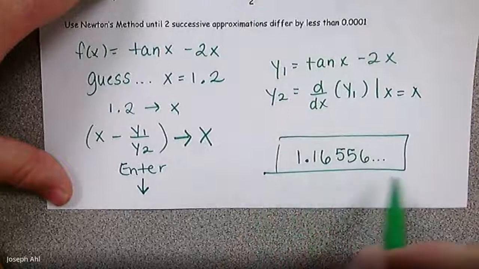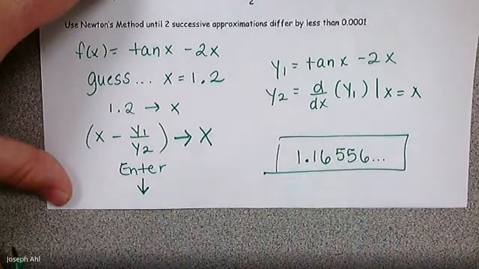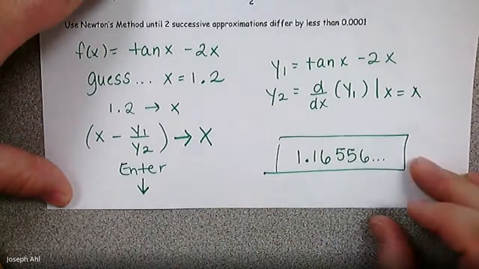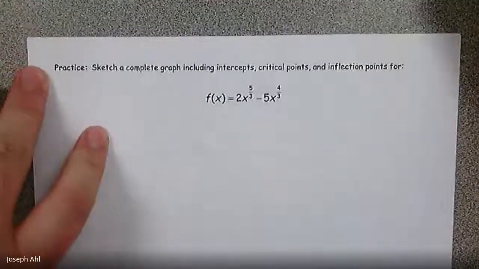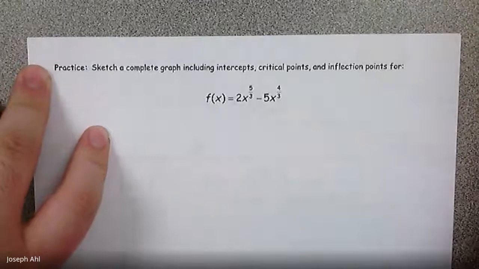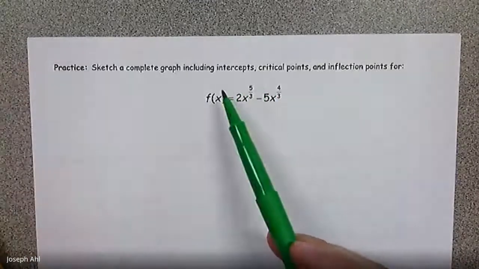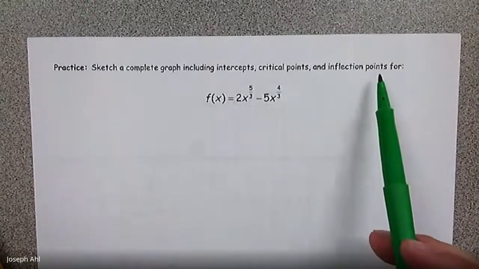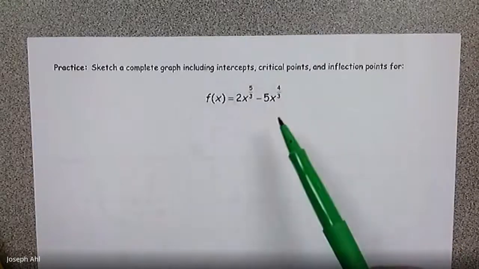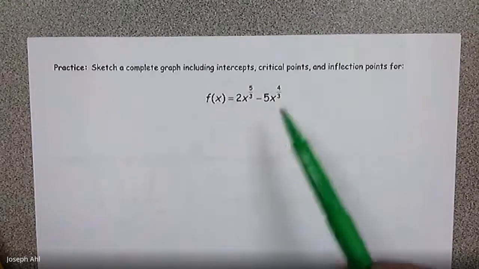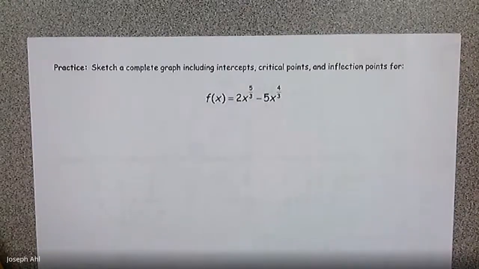All right, so next time we're in class, we will definitely do some more practice making sure we understand the calculator steps associated with this process and understand Newton's method in general. The last thing I'll ask you to do quickly before you head off for today is try a quick curve sketching, to make sure that we're still able to successfully find intercepts, critical points, inflection points. Make a really nice sketch of this for me, and we'll go over this sketch in addition to any other Newton's method questions you have